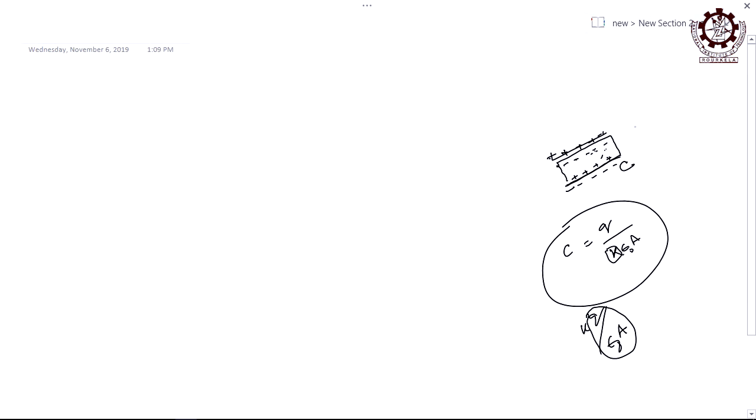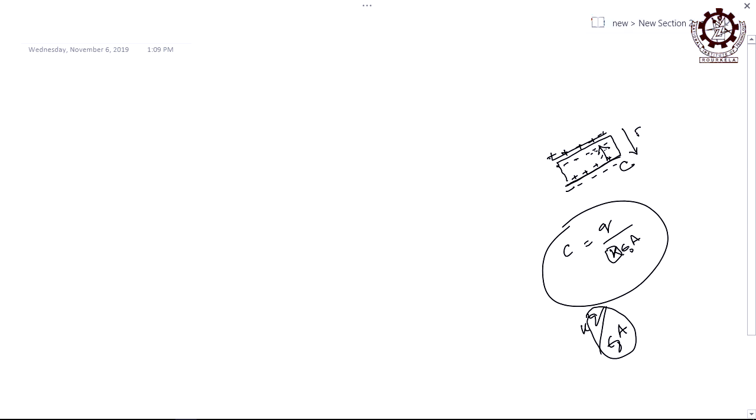Then how many kinds of fields are we getting here? Two types of fields, one in this direction due to the charging of the capacitor plate, and the other one is in the opposite direction due to the induced charge created on the surface of the dielectric slab, right. So, if this field is E and this field is E prime, then the net field in this capacitor will be reduced or enhanced? Reduced, because they are opposite to each other. One is in this direction, other is in the opposite direction. So, it is opposing that. So, the field strength will get reduced, right.